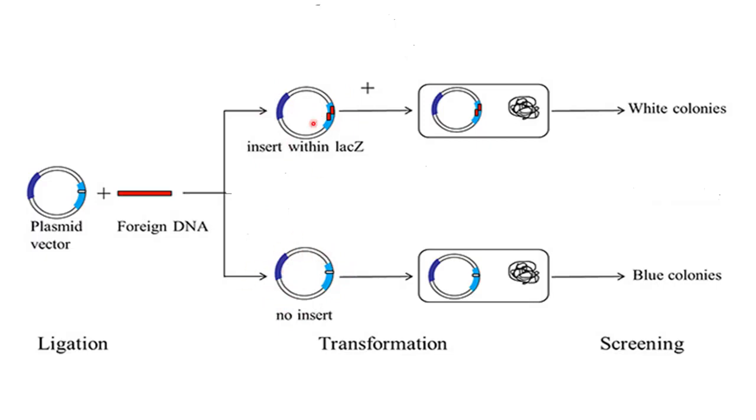So we can say this is the recombinant plasmid and this is the non-recombinant plasmid, right? Now when this recombinant plasmid is transformed into a cell, what will happen? You can see here, because this gene has become inactivated due to insertion of foreign piece of DNA, the enzyme beta galactosidase will not be formed here, and there will be no breakdown of lactose and no color production. That's why we will get white colonies of bacteria, right?